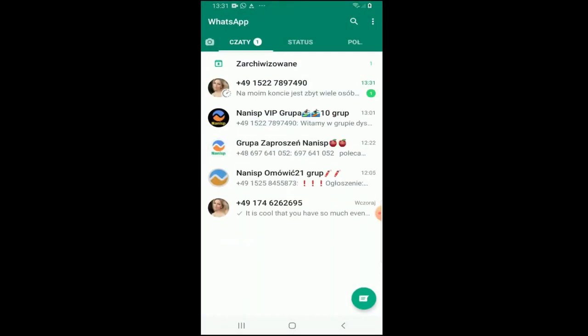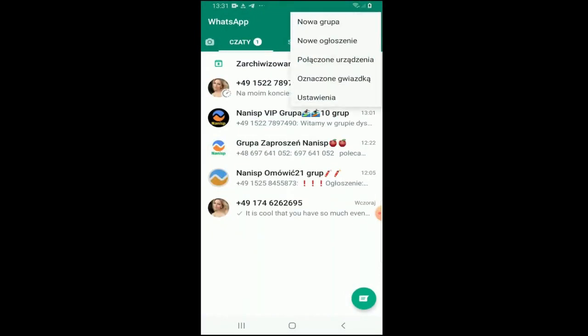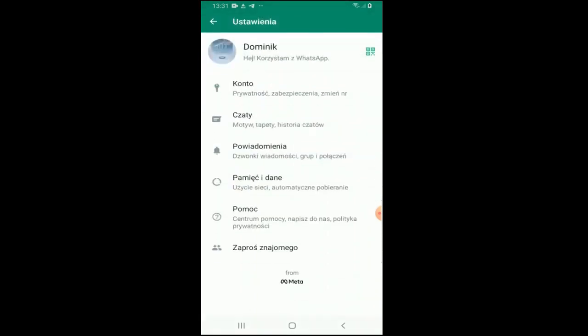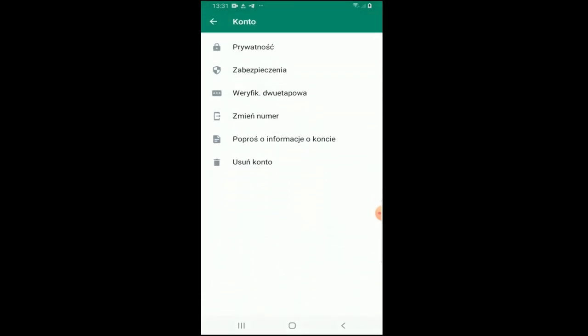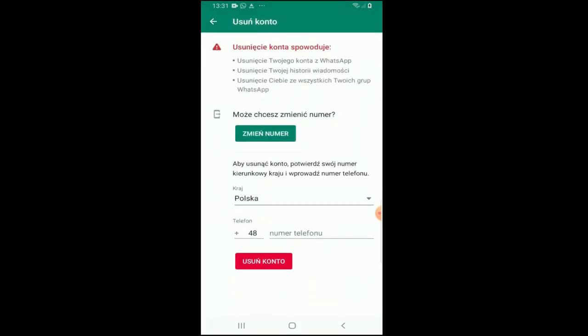Now you click on the three dots, settings, and next on account. And here you have the trash icon and delete account in your language, and this delete account